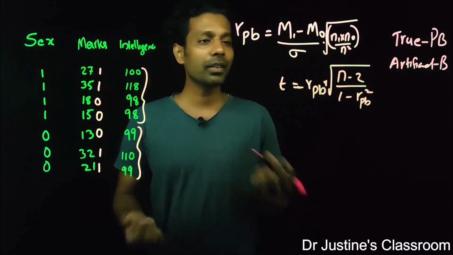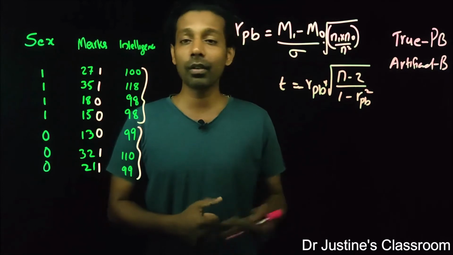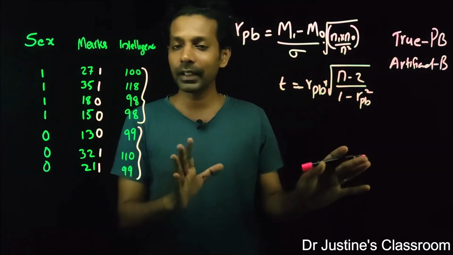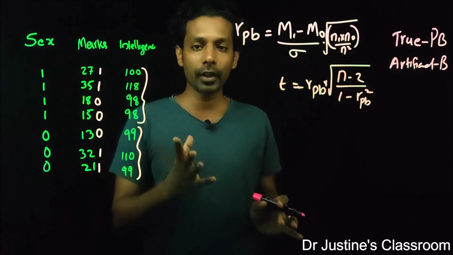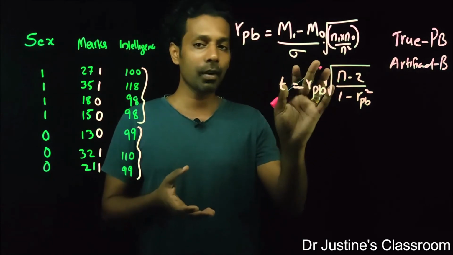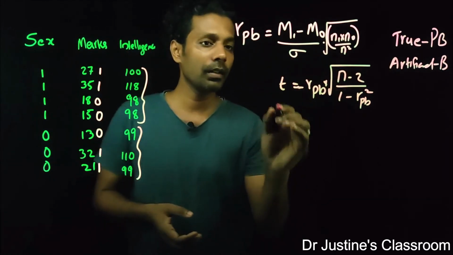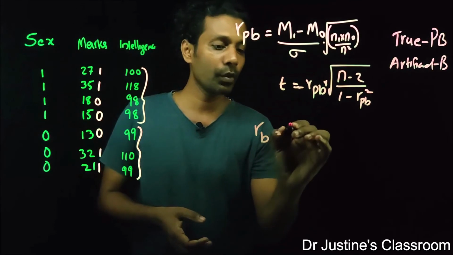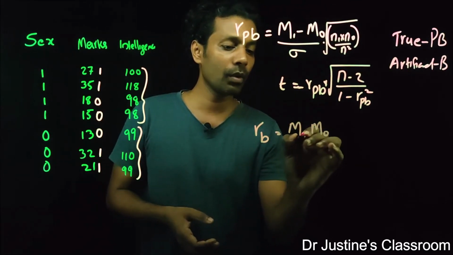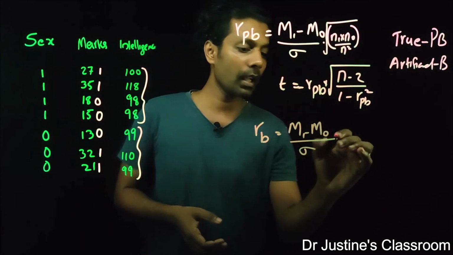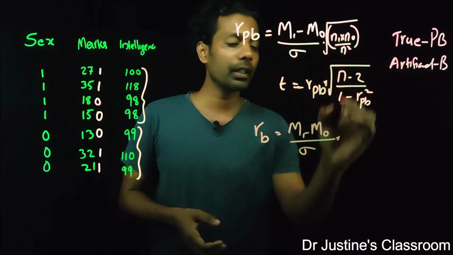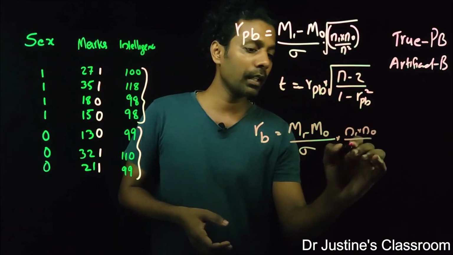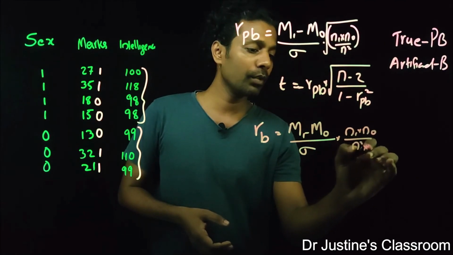So what is the concept of the biserial correlation in this context? The biserial correlation, the logic, everything is the same, but the dichotomy is not a true dichotomy, it's an artificial dichotomy. So the equation will have small differences. For example, it is represented with the symbol r_b, that's it. Now, the usual (M1 minus M0) divided by the standard deviation, and this part doesn't have a square root here, it's n1 into n0 divided by n squared into u.